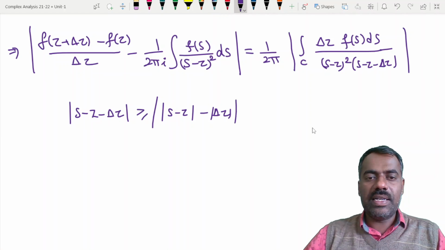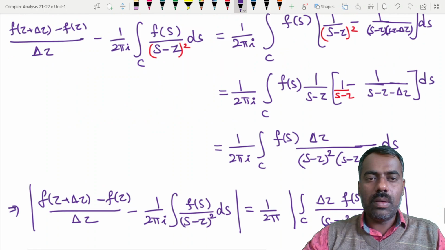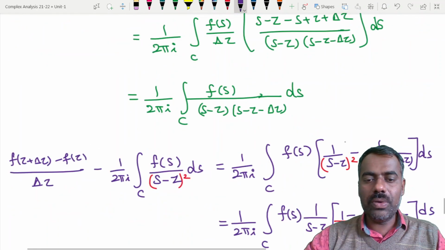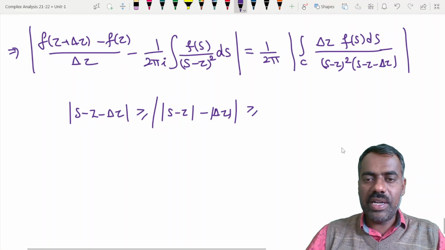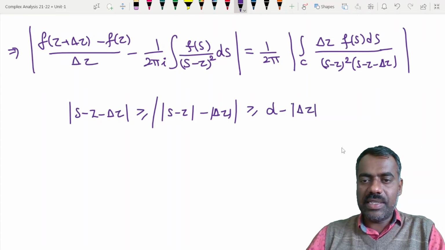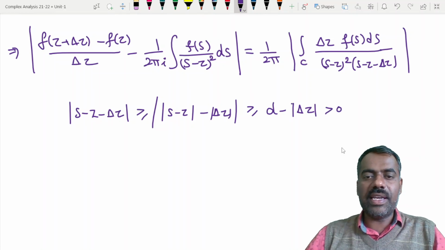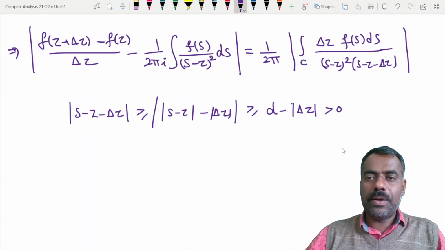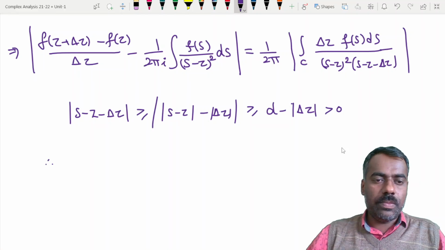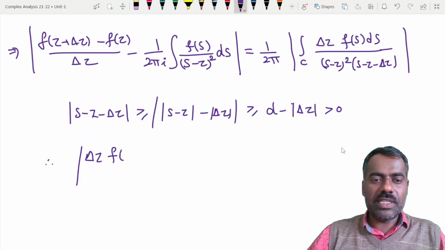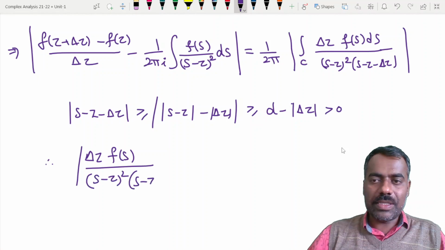But mod s minus z is greater than or equal to d. So this is greater than or equal to d minus mod delta z. We know mod delta z is strictly less than d, so therefore this is strictly greater than 0, and therefore mod delta z by mod s minus z whole square into mod s minus z minus delta z, this value is less than or equal to,